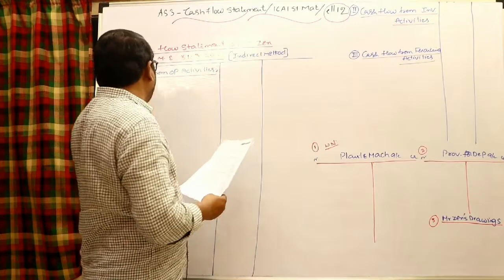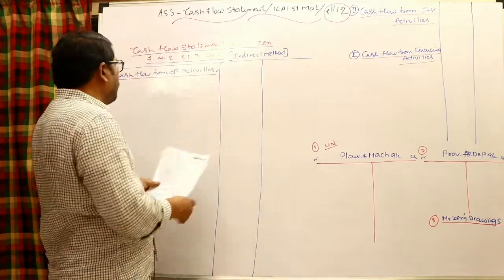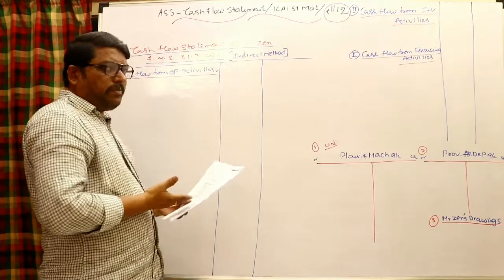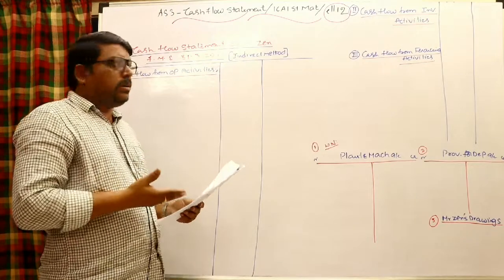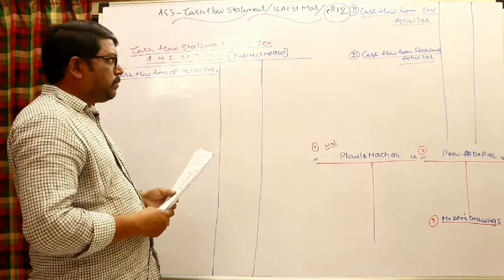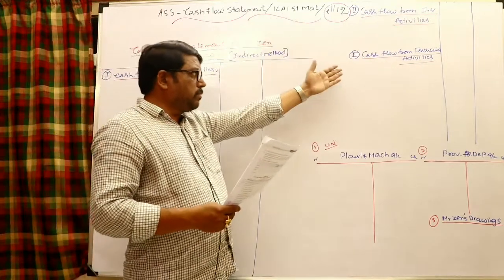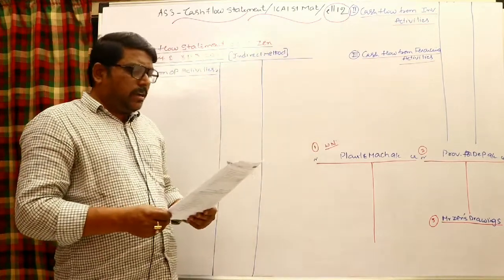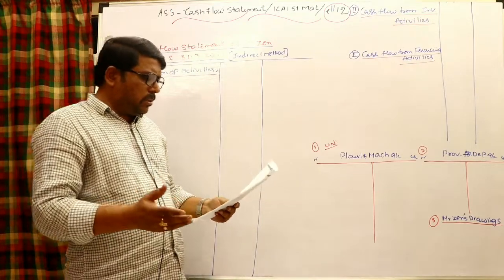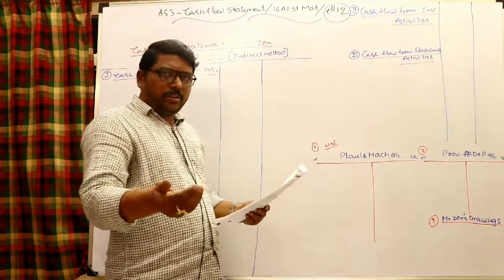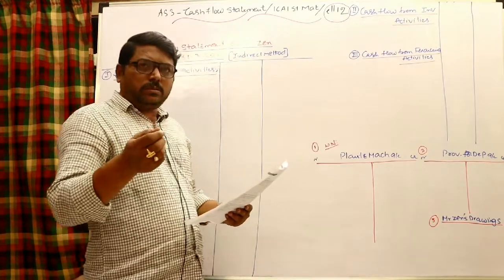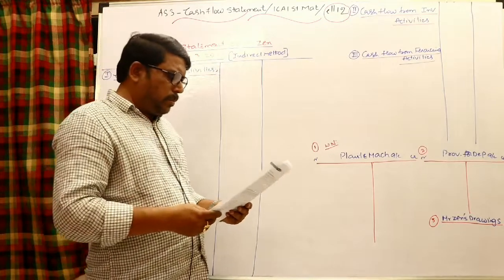And put the heading: cash flow statement of Mr. Jen for the year ended 31st March 2011. I said that by the given information it is not possible to handle by the direct method, and you may go for the indirect method. Cash flow from investing activity and financing activity, according to the given information. Opening capital will be added, the net profit added. Let us compare both. You may find out either drawings or additional capital brought in.